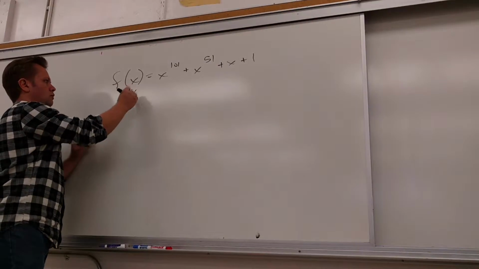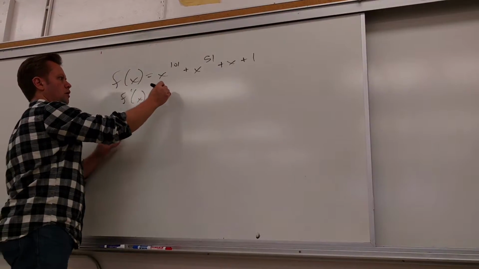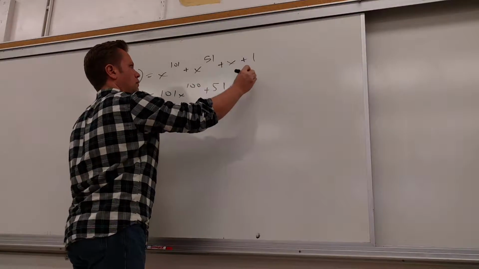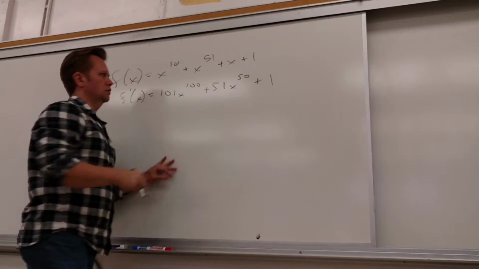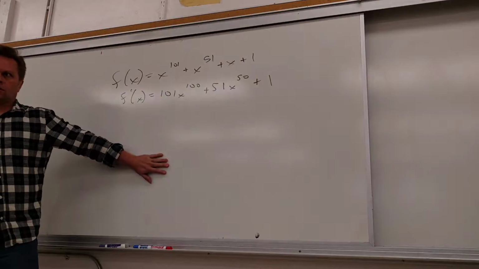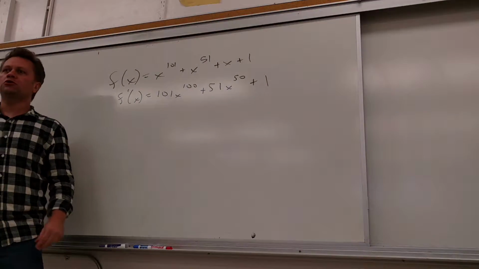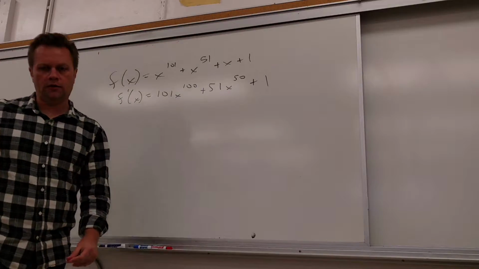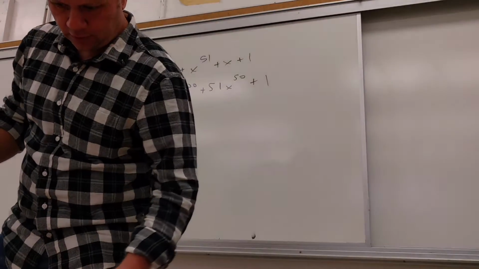So it's 101 x^100. Yeah, this is nice and easy, right? Plus 51 x plus 1 equals 0. So you should already know what's going to happen if they say, prove